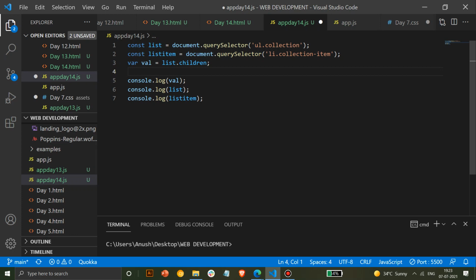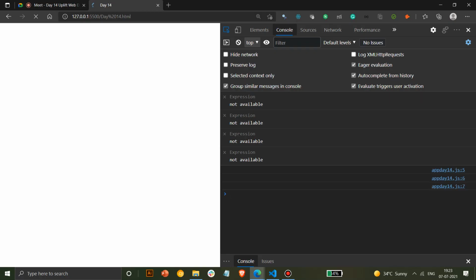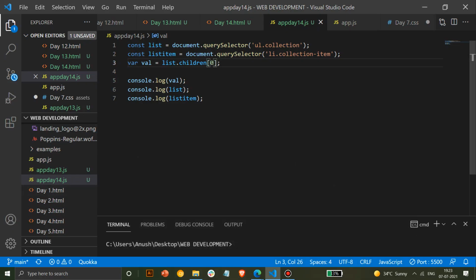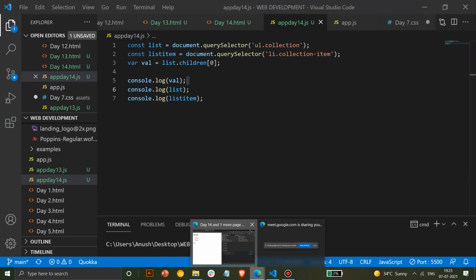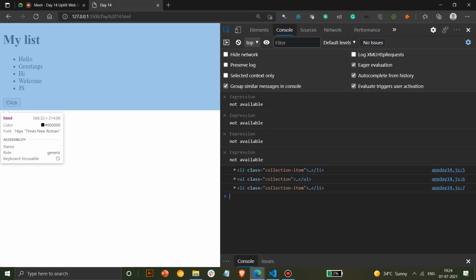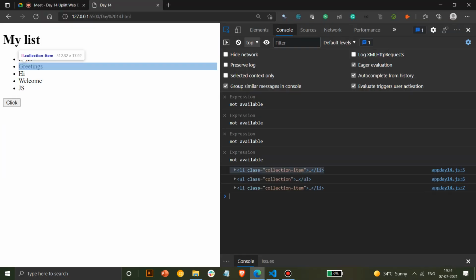Once you know this is children, you can access a specific child, like you can access 0 and you'll see the first li present. Similarly, you can access any element. If you want the second one, you use 1, and if I hover over it, it shows the second element, that's greetings.